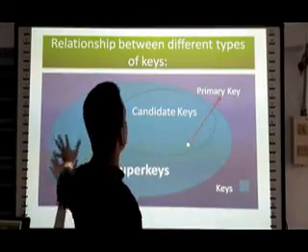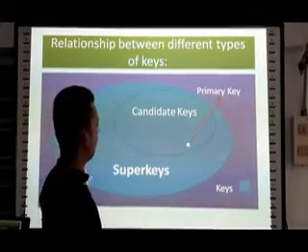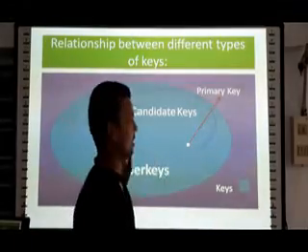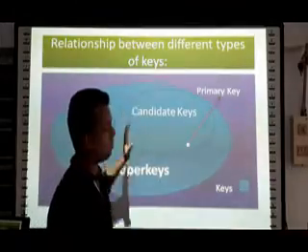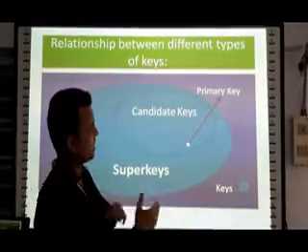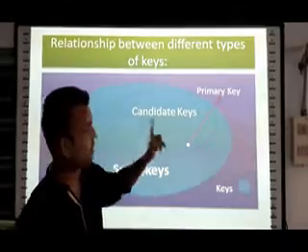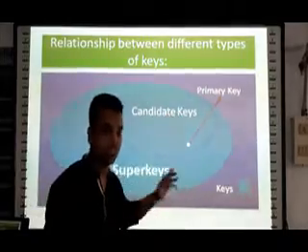So this is the general block diagram of how our keys are interlinked to each other. So for today, I would like to conclude my discussion. In our next class, that is tomorrow or day after tomorrow, I will be discussing a few more keys, like the foreign key, and then 2-3 more constraints on the data.